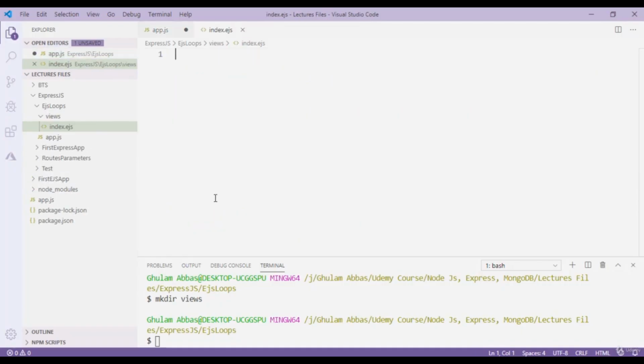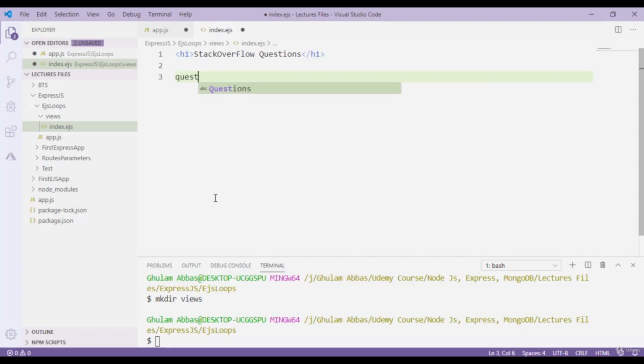index.ejs. In here first of all I type an h1 statement, Stack Overflow Questions. Now I want to display all the questions using a loop. You can use a for loop or a forEach loop, that's totally up to you. Right now I'm going to use a forEach loop because forEach is the best loop for iteration over an array. So I type questions.forEach, and an arrow function with question,